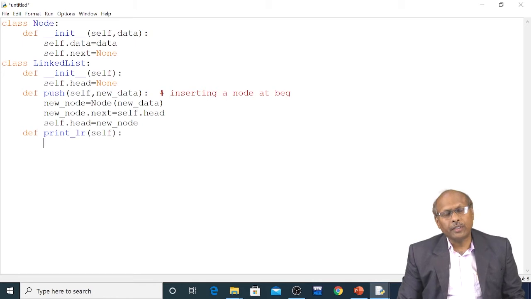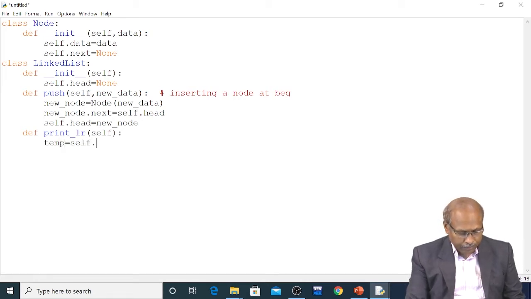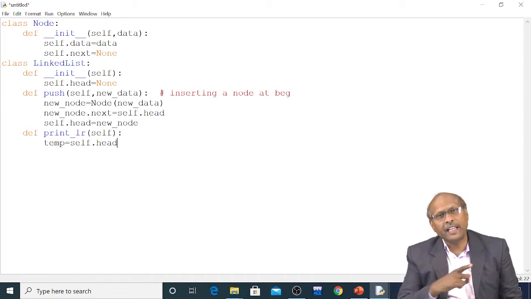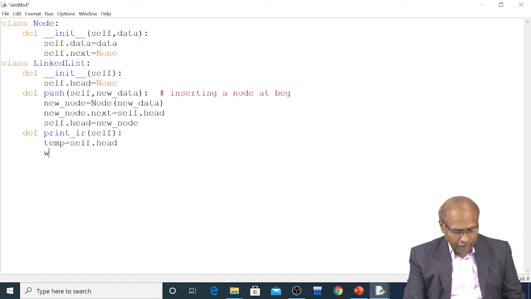Then here what I have to do? I have to display all the data from beginning till end. So I will take one temporary pointer, temp equal to self.head. That means I got the starting address. After getting the starting address, I should repeat a loop till the end. Now here I will put a condition: while temp.